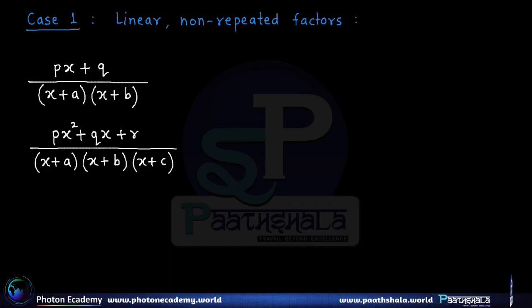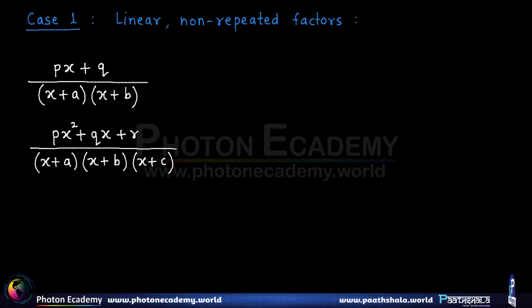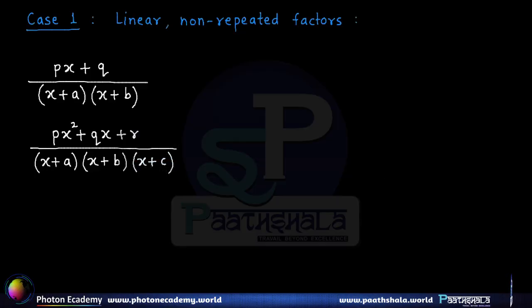As an example, let us take the first term shown here, a rational function of the form px plus q upon x plus a into x plus b. You see it is in proper form because the numerator is a linear expression, that is a first degree expression, and the denominator is a quadratic expression, that is second degree, factorized into two linear factors